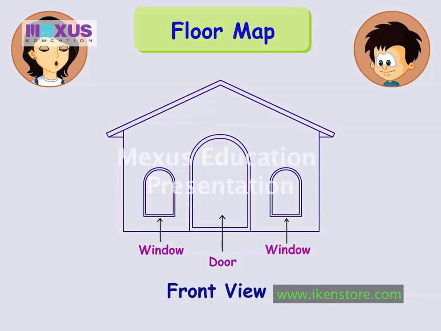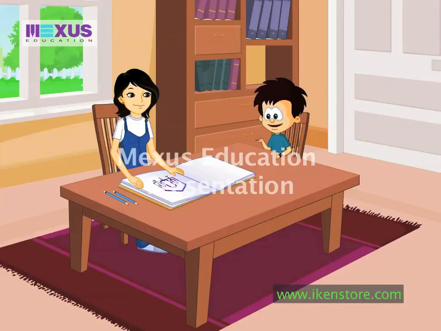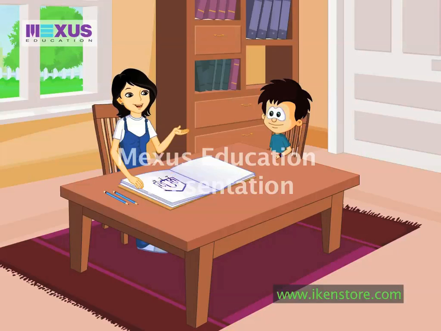Correct, JC. In the floor map, we can see details like the floor area covered by the house and the number of doors and windows the house will have. While in the front view, you notice other details like how the roof is and the shape of the door and windows. Am I right? Yes, each view shows different details of the house. Correct. These details together help to construct the house.